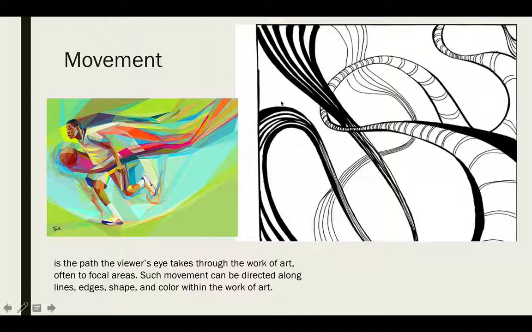So the different colored shapes in the bottom left image lead us from lightest to darkest along the path of the man as he's running to the basketball he's holding, in a way that makes it feel as if potentially the basketball is what's pushing him forward. So this image is showing us the power of the basketball within the sport of basketball, and its importance within the picture is